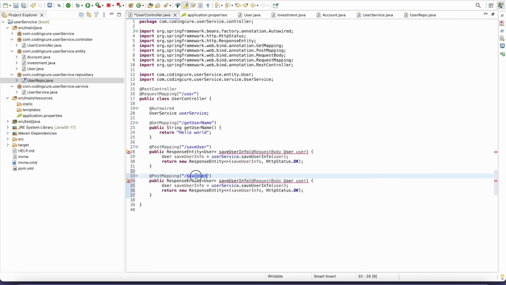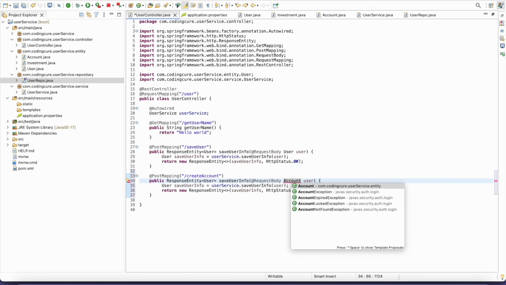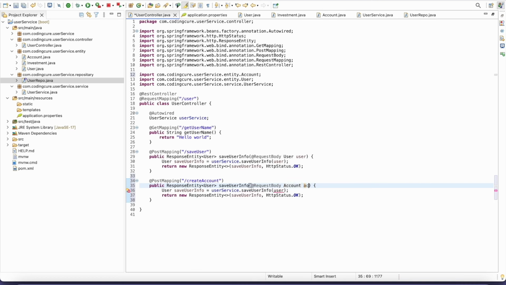So here I'll create two more APIs. One is save account or create account. Okay, this is fine. Create account. And I'll take account as request body. This is account. And the thing is, first we'll pass the account as well as the user ID, right? So I'll pass the user ID also. This is string